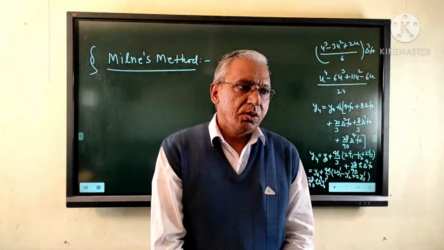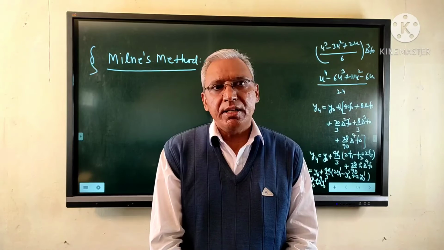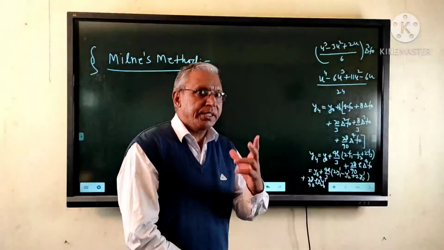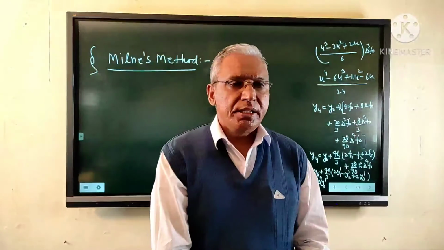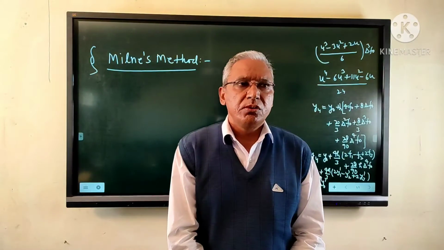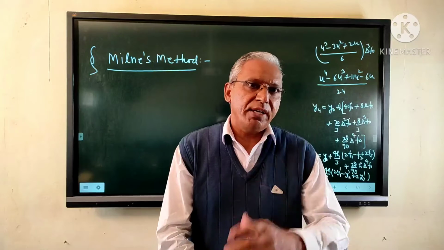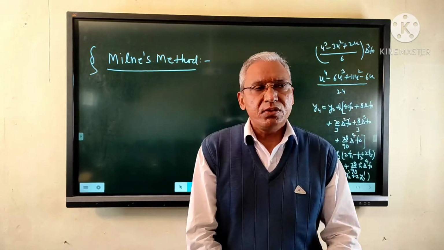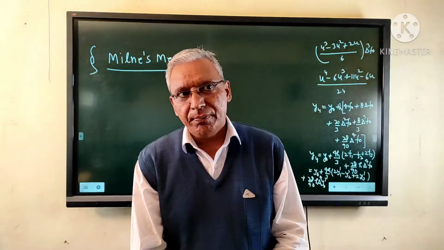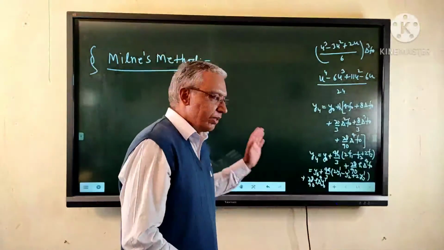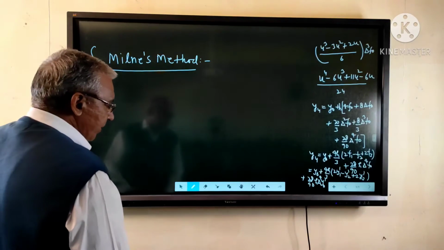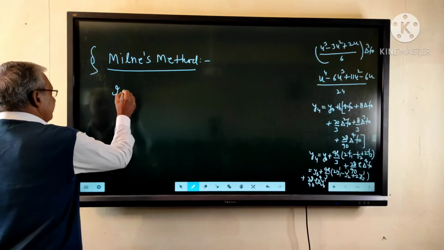To solve the differential equation numerically by this method, a predictor formula is used to calculate the value of y at tj plus 1, and then this value is improved by the corrector formula. So therefore, the derivation of the Milne's method is given by,